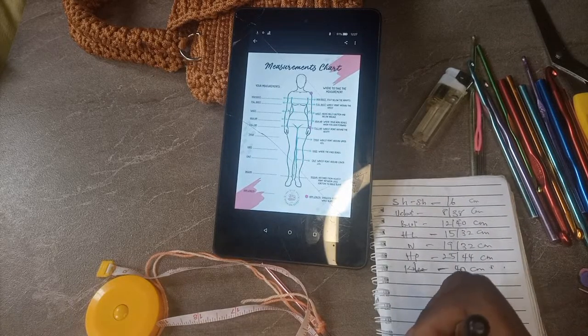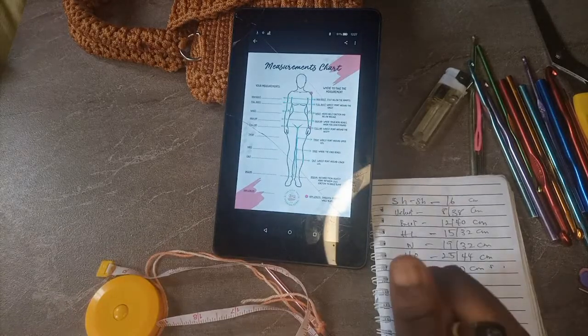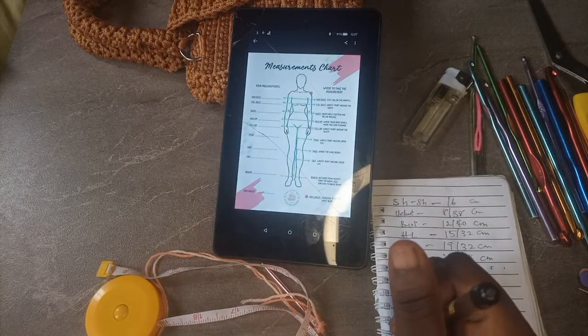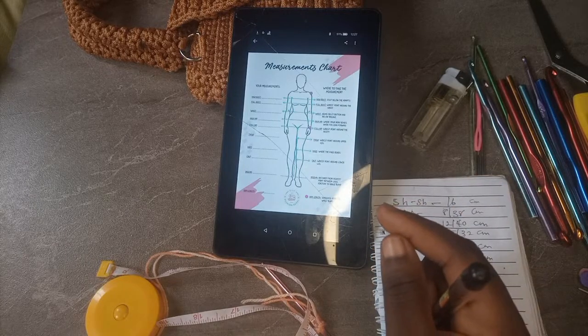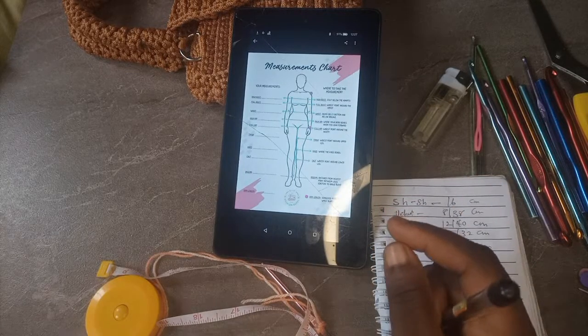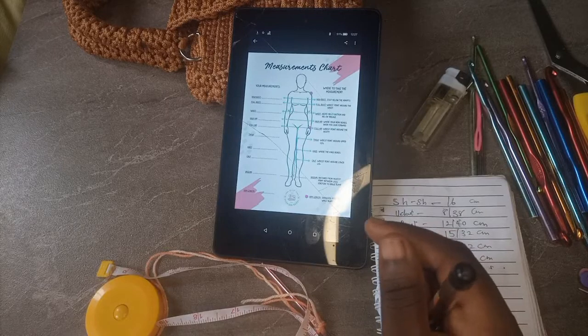Because if you make it the exact length of the person's body, when the person wears it, it won't be fitted. It won't look like they are wearing a bodycon.